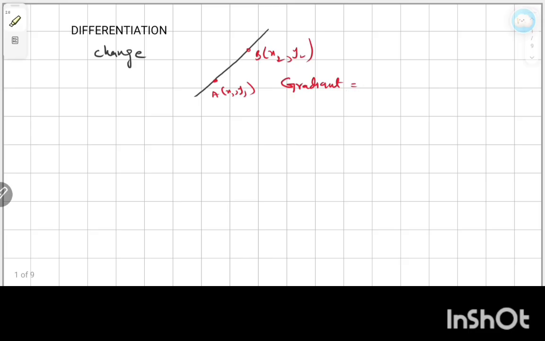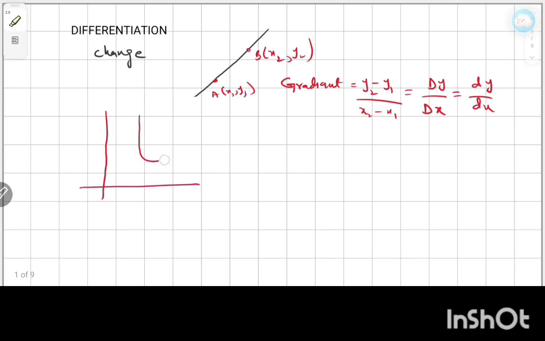Here we say what the gradient is: rise over run, and we know the points slope formula, y2 minus y1 divided by x2 minus x1. So we can say that this is change in y over change in x. In more detail we will discuss this as dy over dx. So very simple. Another very important thing we have to discuss first is